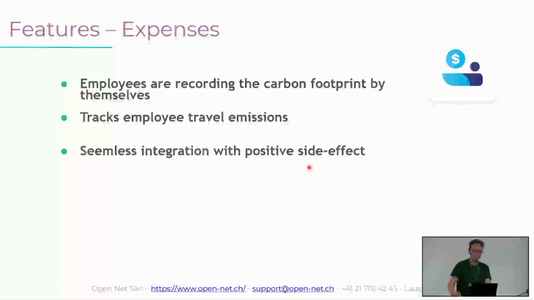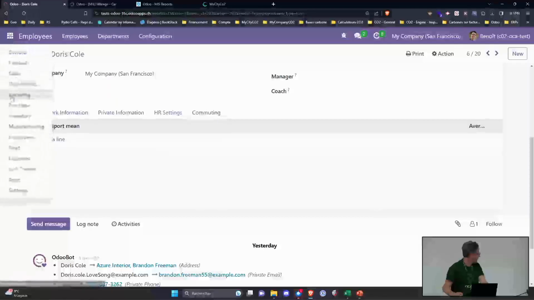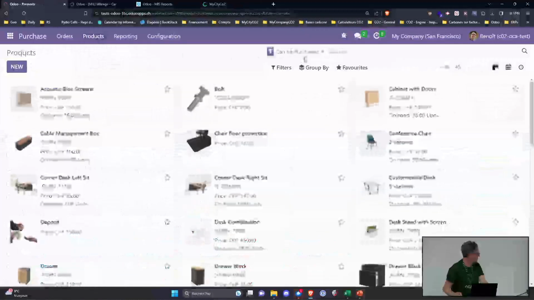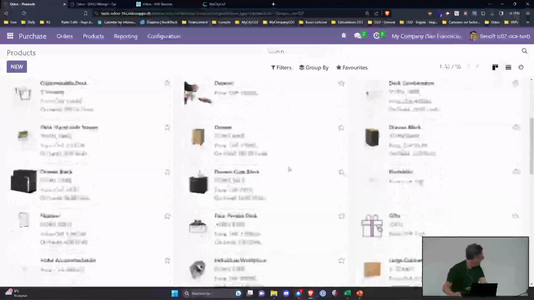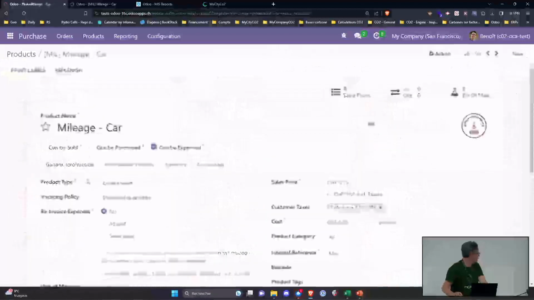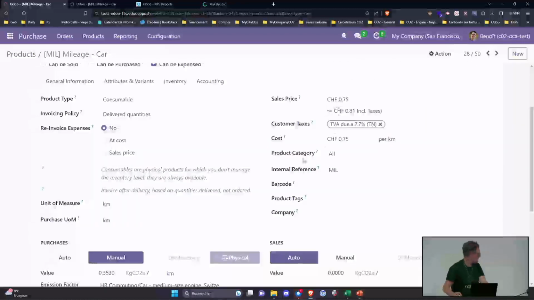Of course, it's not enough. We need to add some other information, but if you look at it, first, in your products, you define, if I take the mileage, here we said it is 75 francs per kilometer.